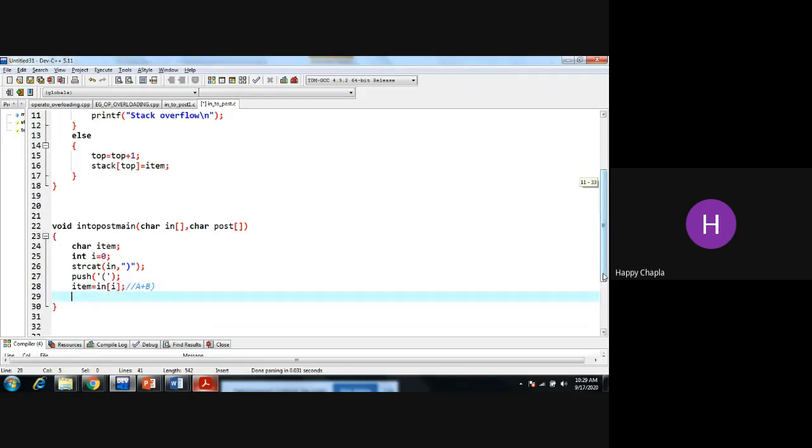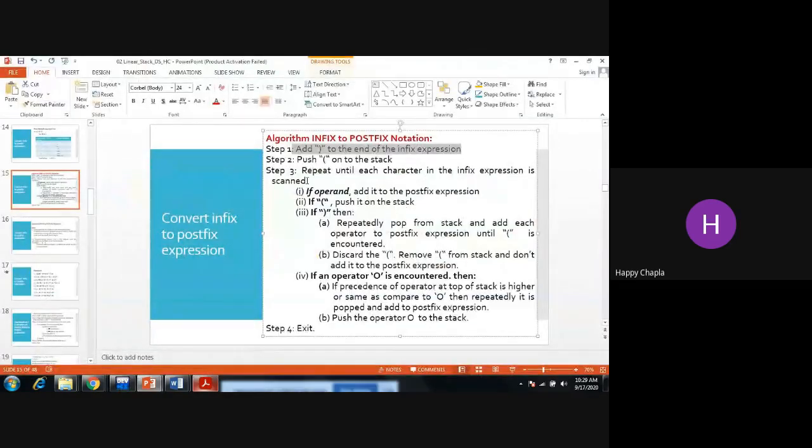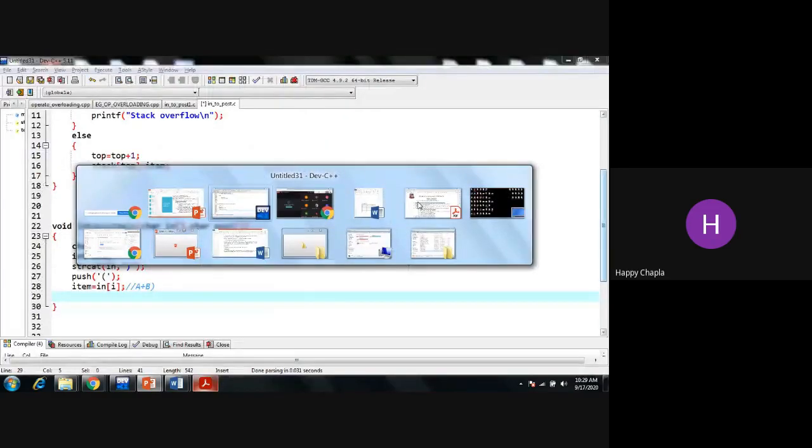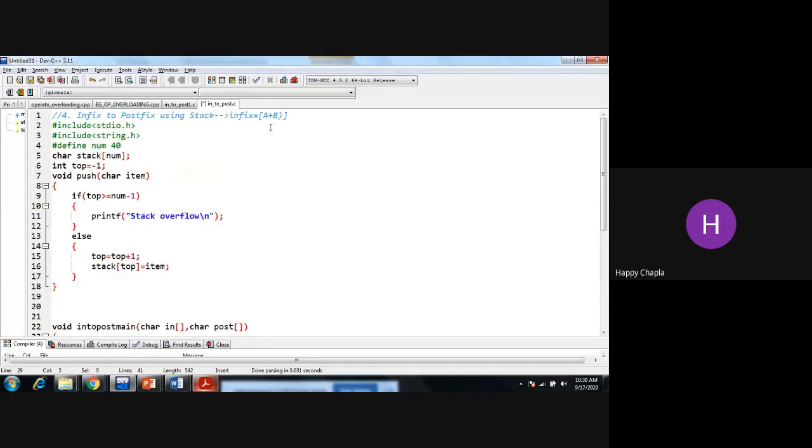First case over here: if you are getting a starting bracket, then push it into the stack. Something like someone wants to give the expression like C minus B. So I'm encountering the starting bracket, right?